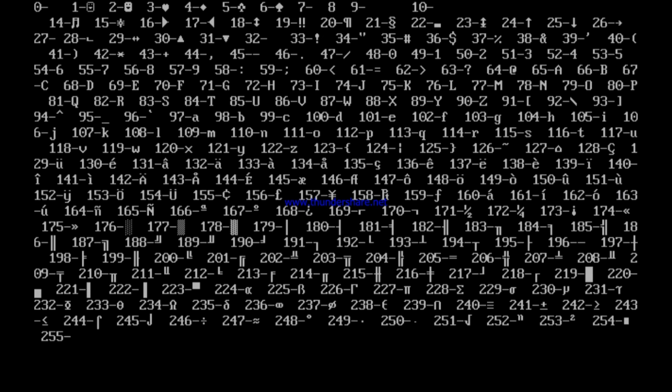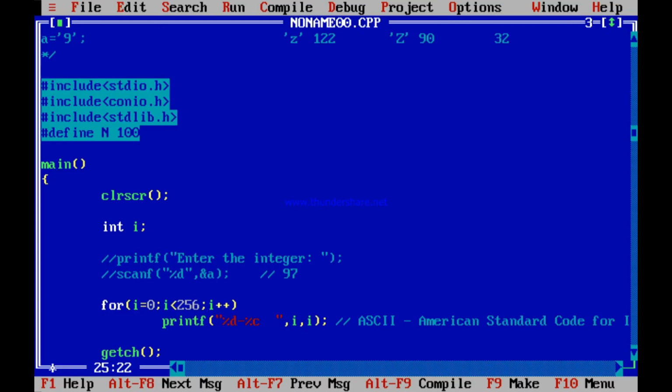See, up to 255, characters have a meaning. See, 225 is beta, 224 is alpha, 227 is gamma, and so on. 240 is an equivalent sign, 241 a plus-minus sign. So if you need different signs, you can print them like this. You can print all the characters.